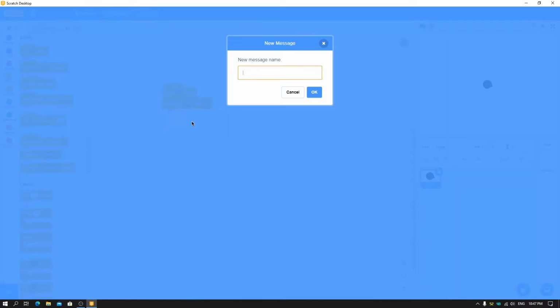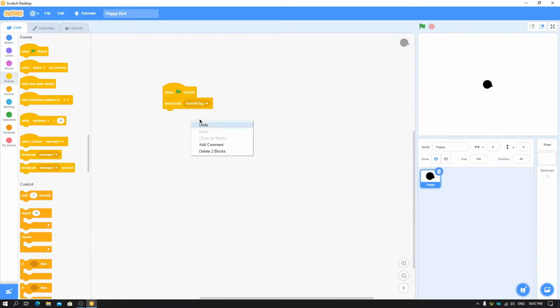broadcast message green flag. This makes our scripts less heavy for the green flag button, since the broadcast blocks are lighter and faster than the when green flag clicked hat. So now when I receive green flag, then broadcast start.